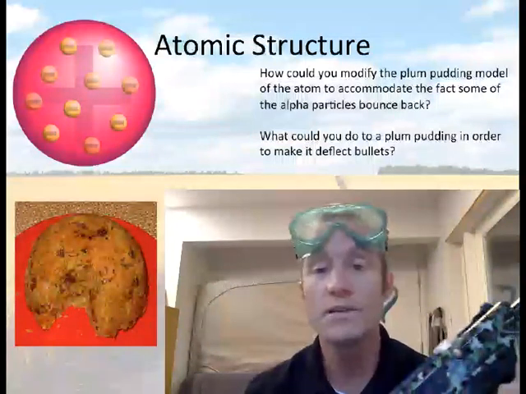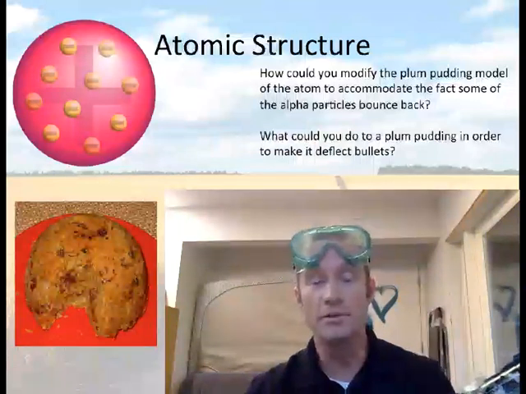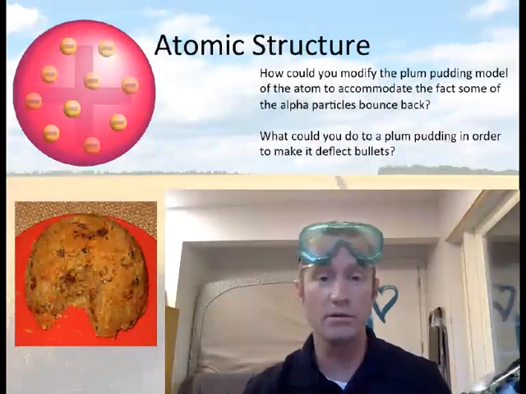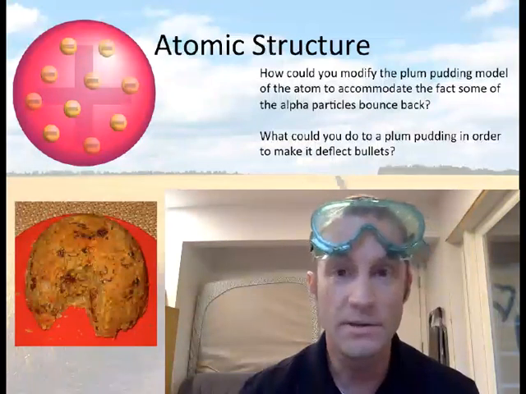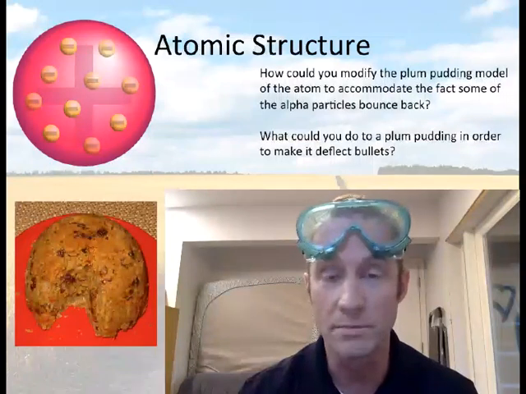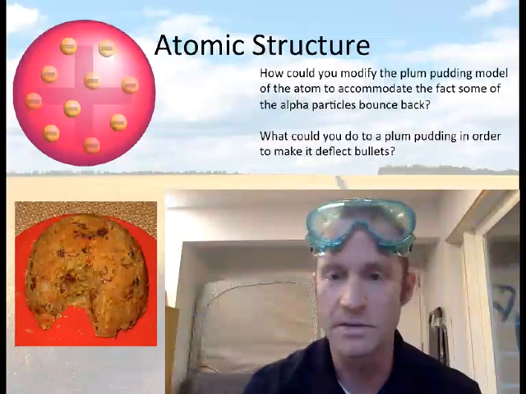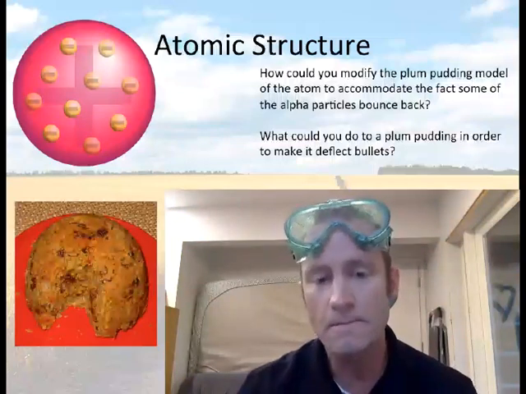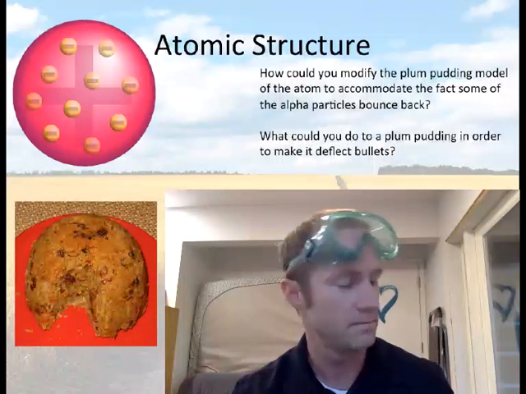Why we overturned this model, the plum pudding model of the atom. We used to think the atom was like a plum pudding because all we knew about it was it had these electrons that would sometimes come out of it, and we assumed they must have been sort of statically stuck in there like raisins in raisin bread until they were liberated by some sort of chemical event or something like that. Well, I asked you recently what could you do to plum pudding in order to make it deflect bullets,